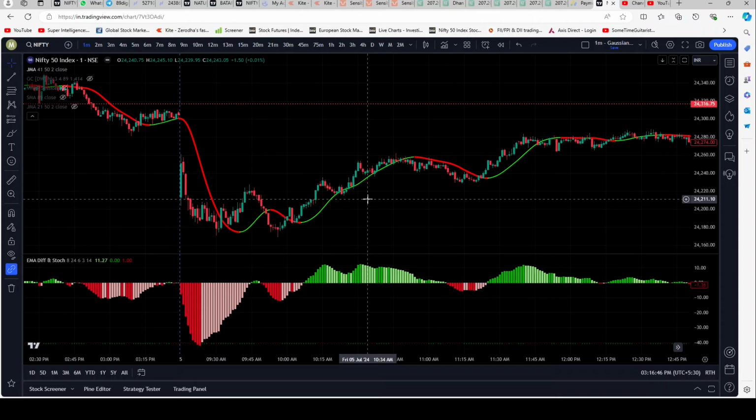You can also paper trade now on TradingView and see the results, or maybe you can just switch to futures and trade if you don't want to select option strike prices. So just trade on futures, paper trade on futures and see. But yes, after a lot of trial and error, my thinking is, at this point of time, till I find something better,